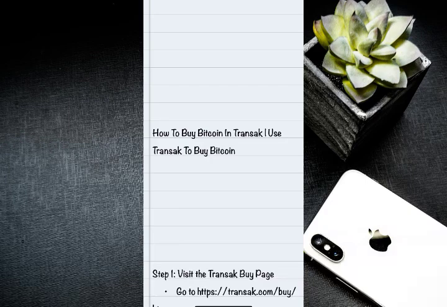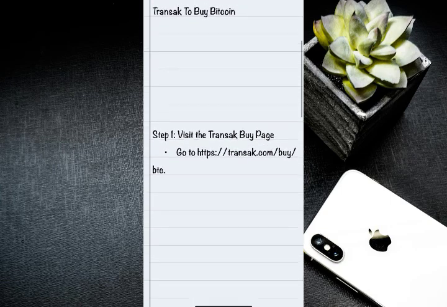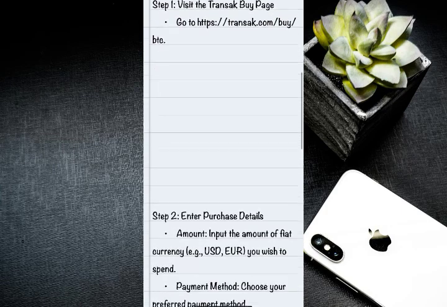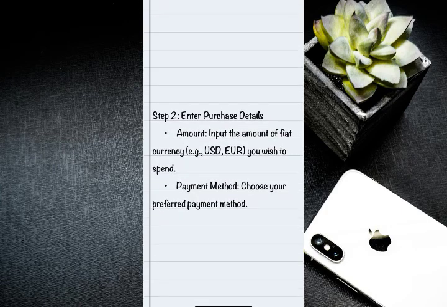In this video I'm going to walk you through an easy step-by-step guide on how to buy Bitcoin in Transak. So to get started with a quick and straightforward guide, the first thing to do is to visit the Transak buy page, which is transak.com/buy/BTC. Then from there you have to enter the amount of fiat currency, for example USD or euro,